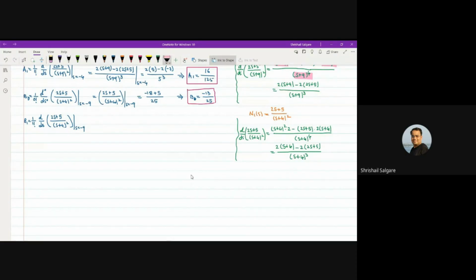Which one? s plus 4, s plus 4 and s plus 4. So the same thing I will write here, which is given by 2 into s plus 4 minus 2 into 2s plus 5, that whole divided by s plus 4 bracket raised to 3 at s is equal to minus 9. Tell me, if you substitute minus 9, this term becomes minus 5 into 2 is minus 10